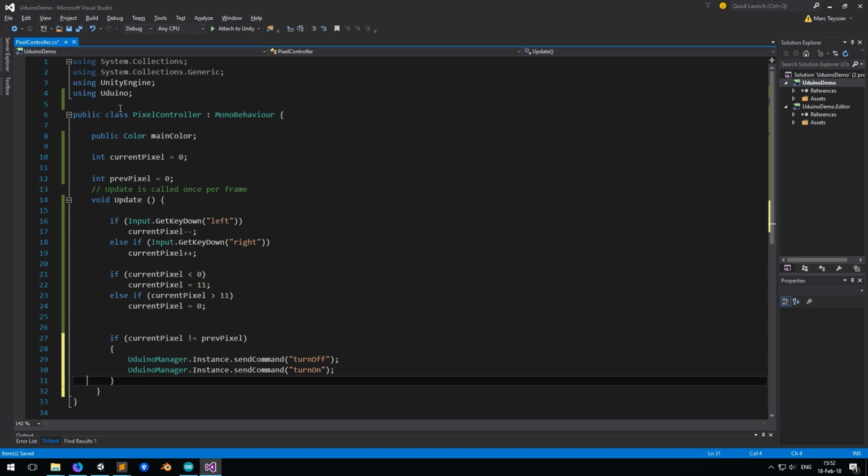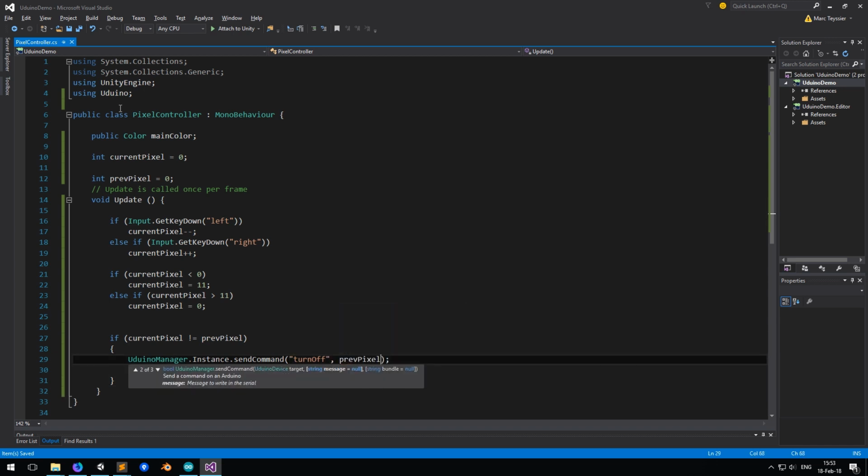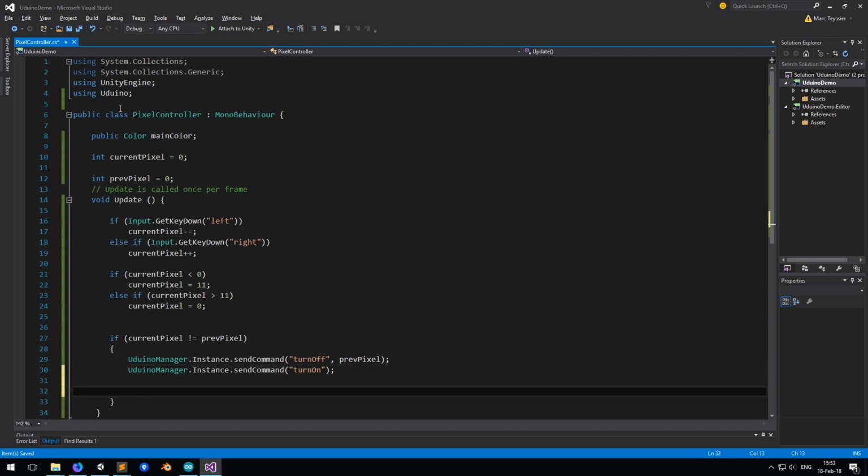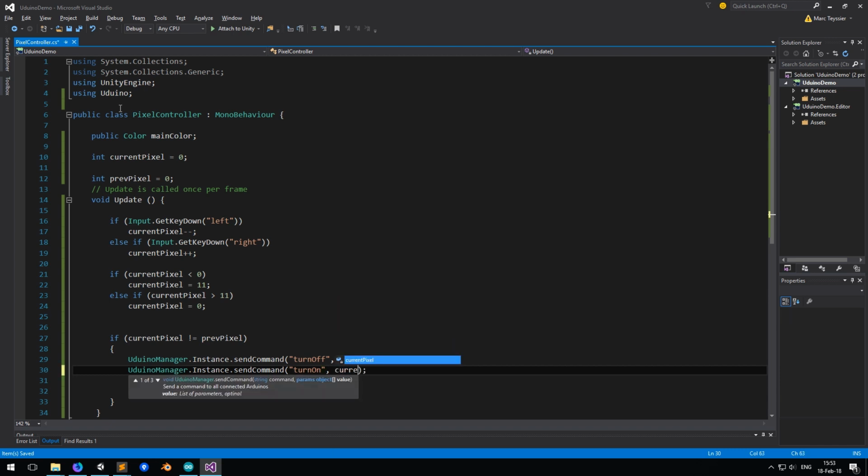Now the next step is to add the parameters to the functions. The turn-off call takes only one parameter, it's going to be previousPixel. And we also have to change, each time the value is different, we're going to store the current value in the previousPixel variable. Okay, now what we want to turn on is the current pixel.